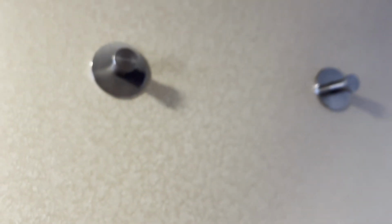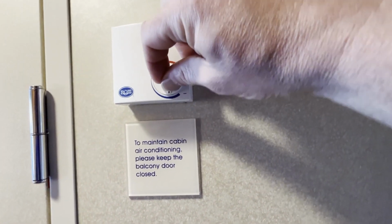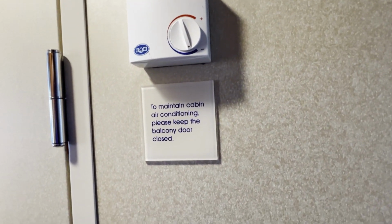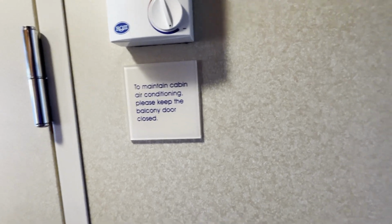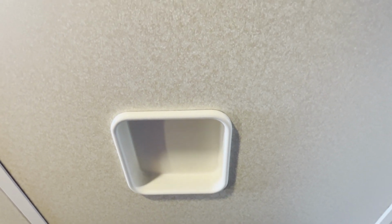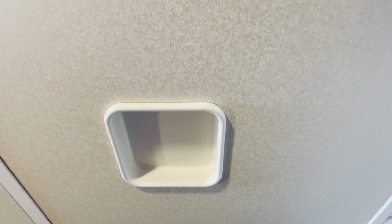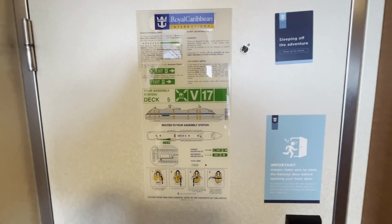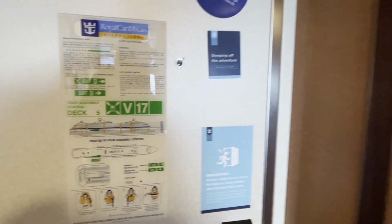Over here on this side, you've got two hooks that you can use for your lanyards, for your SeaPass cards, hats, purses, your thermostat, which is a basic, you just turn. The room stayed fairly cool where we had it. Didn't really get hot. There's also a little place that I guess you could put keys if you're packing keys around, or a lighter, or God knows what. It's also a door stopper, but that's more for when they're bringing the luggage in. Then on the back, of course, you have your emergency alarm stuff, your room map, your assembly information. Then beside it,